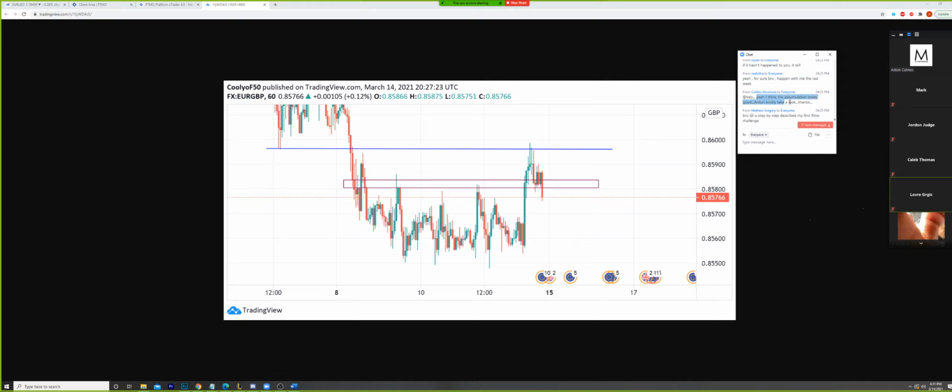I think the accumulation looks good. Anton, kindly take a look. Thanks. So I just took a look. We're taking a look here. There's definitely an accumulation. It happened over a very long time. There's just a lot of wicks back and forth.